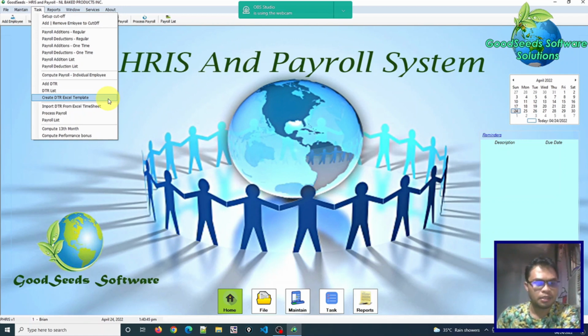Then afterwards, when the template is already filled up or completed, you can import it into the system. So you will not be required to input those DTR individually, which is time consuming. So this one is the purpose: import DTR from Excel timesheet or Excel template.